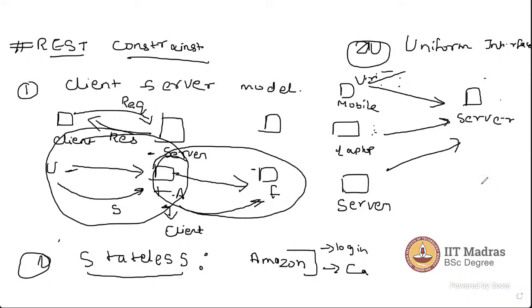Okay, so these are the 4 points which we can say are constraints of REST. We had talked about HTTP verbs, specific patterns of URLs, and some constraints. It is stateless, it follows a uniform interface for all of the devices. It follows a client-server model. Okay, these are the important constraints, right? So up to this point, if anyone wants to ask any doubt regarding this concept, please ask.